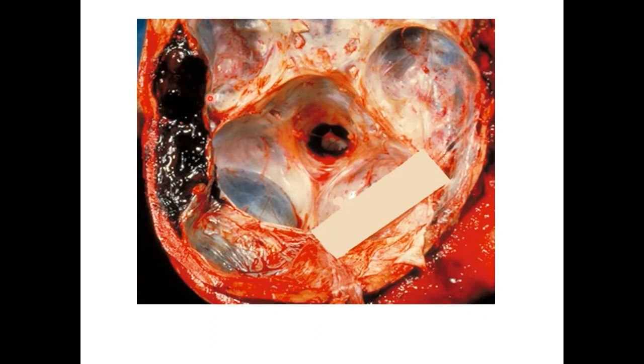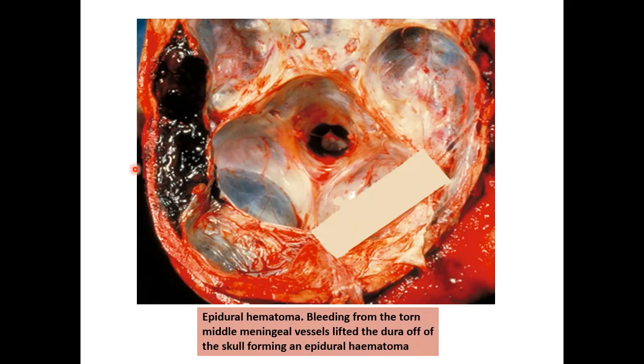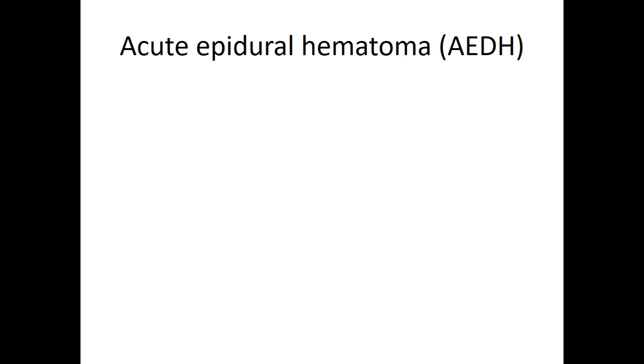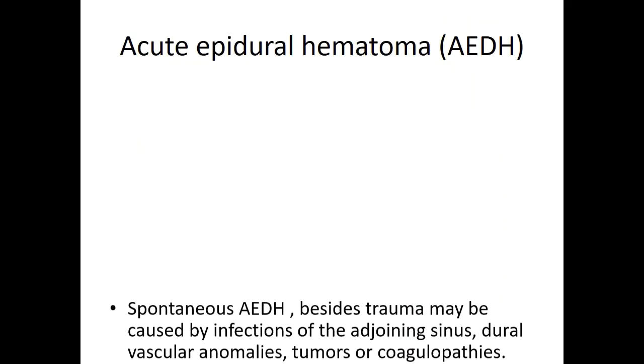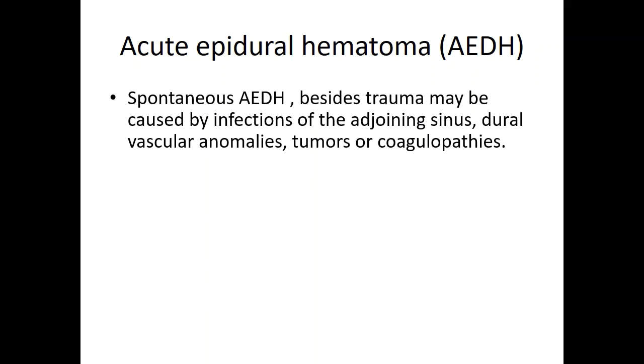This is another picture where you see that the dura has been pushed towards the inner side and there is a hematoma that has developed between the dura and the skull, right? Due to the bleeding from the middle meningeal vessels, right? Now, what is an acute epidural hematoma? A spontaneous acute epidural hematoma, besides trauma, may also be seen in infections of the adjoining sinuses, dural vascular anomalies,